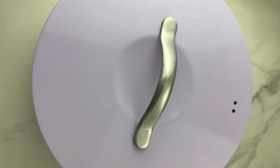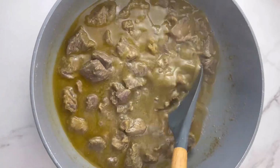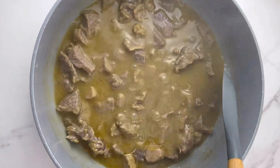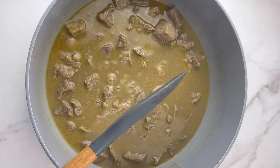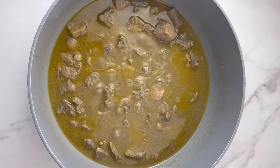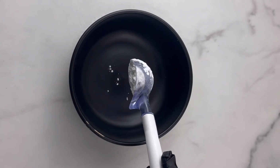Okay, now just cover this and let that meat steam well, and make sure you steam the meat well so that it can become a bit soft. Okay, so I'm going to steam this for 30 minutes, and then I'm going to check on it, and this is what we have. You can see that it has produced its own juice, and that's exactly why I prefer using pepper mix for this recipe. Now cover this and let it cook well for another 15 to 20 minutes,